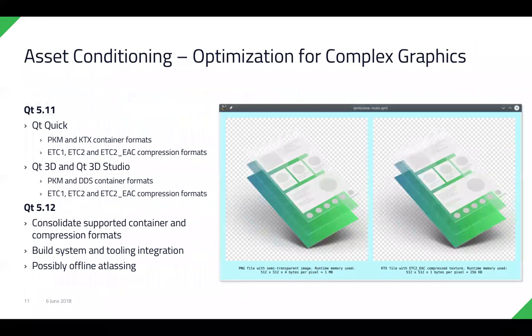It is the optimization you need when you have complex graphics and a lot of graphics in your application. You are leveraging your graphics processing unit in order to gain performance and memory advantages. When you look at the picture, which is taken from a recent blog post, on the left-hand side you can see an uncompressed PNG file taking 1 megabyte of memory. And on the right-hand side, you see the same image using ETC2 EAC compression, taking only 1/4 of the memory. So 75% memory savings with a largely similar looking